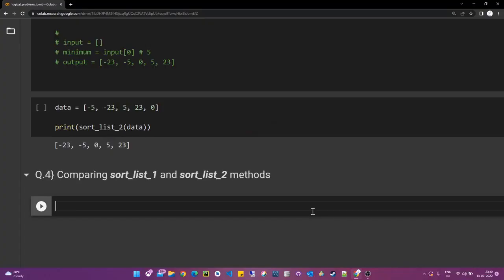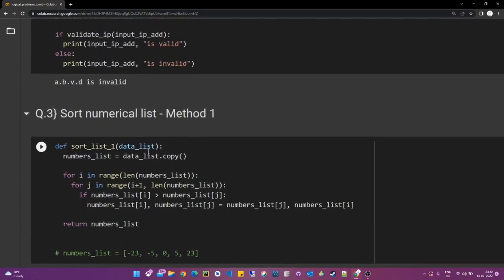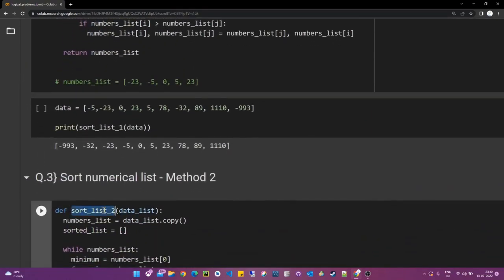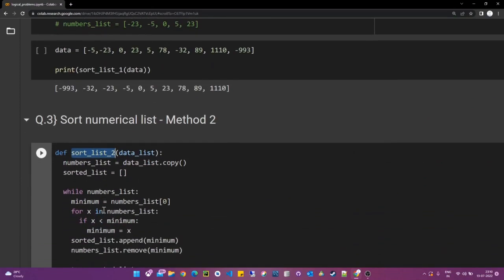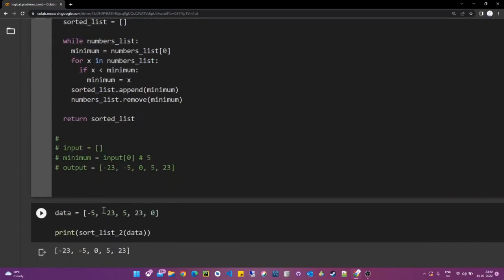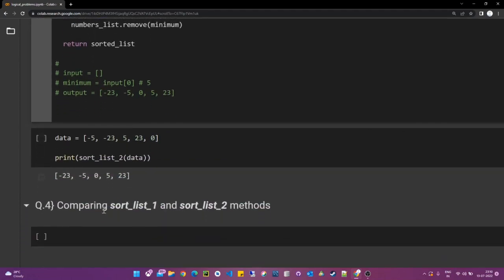Hi guys, in the previous two videos we have written two different list sorting methods, that is sort list 1 and sort list 2. If you have not checked the videos out, links are in the description below. Please check the videos out before watching this video, because in this video we are going to compare these two methods, and by compare I mean we are going to compare their execution time by providing different lists with different lengths. For example,